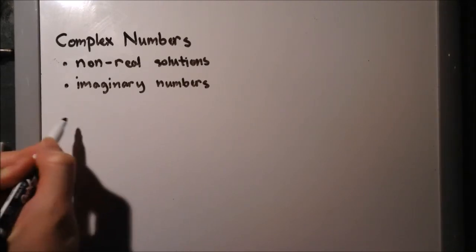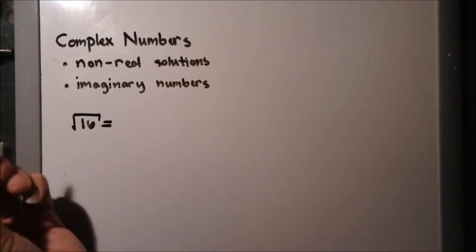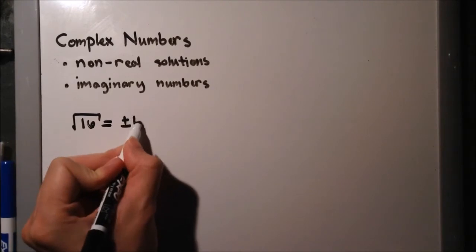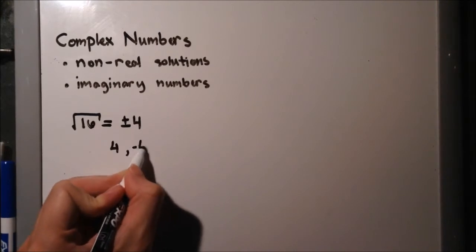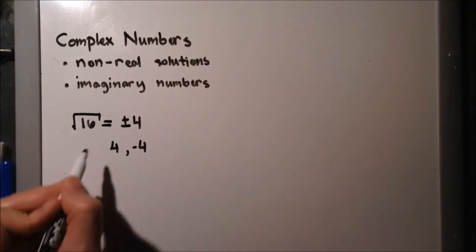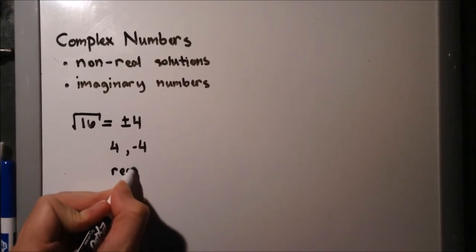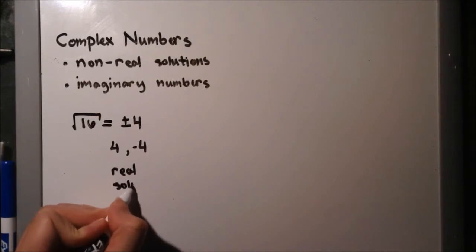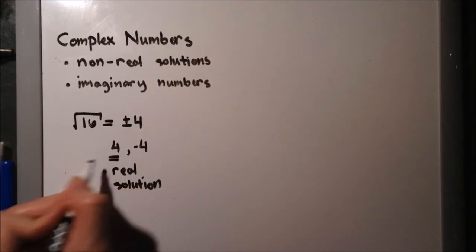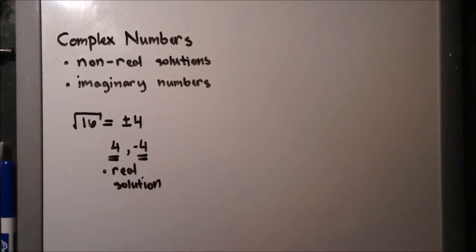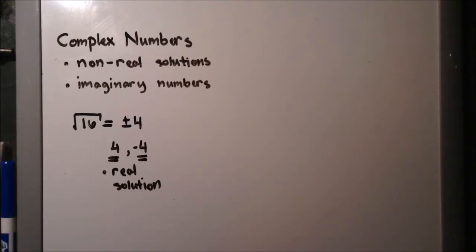For example, if we do the square root of positive 16, the square root of it was positive and negative 4. So again, there were two solutions, a positive 4 and a negative 4. Since you were able to do the square root of a positive 16, these are your two real solutions. So again, real: positive 4 and negative 4. This is what happens when you do a square root of a positive number. But